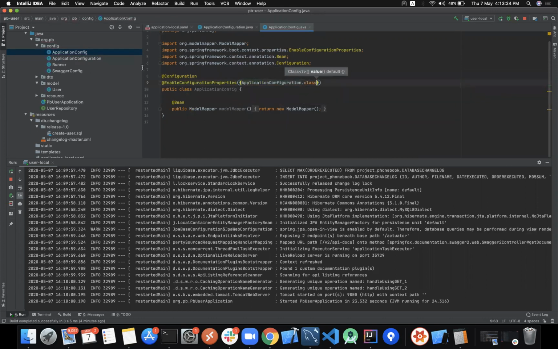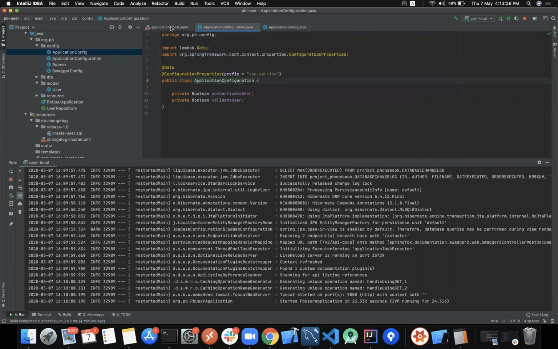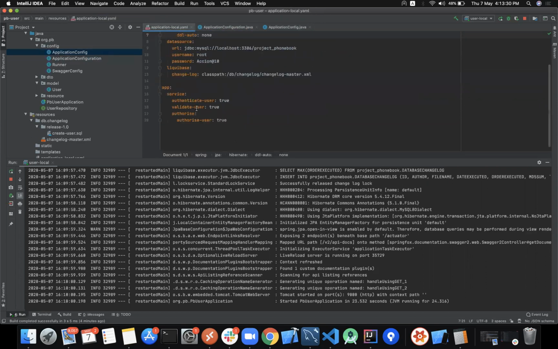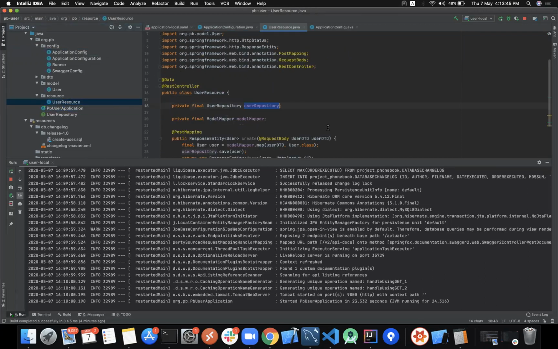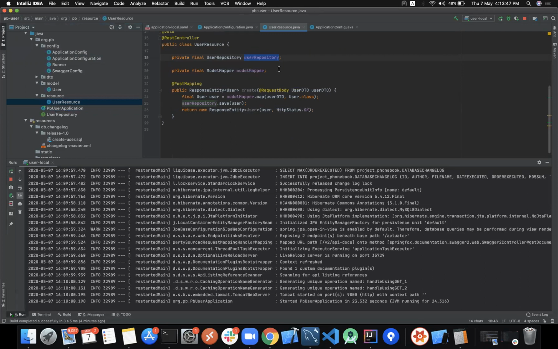So that's one of the classes which we have just created. What this will do is essentially all these values, and just imagine there are 10 or 15 values against this key, all these values will be populated, and you can simply inject that as a bean into the class. So I'll use this class, and since that is a bean which has been created,